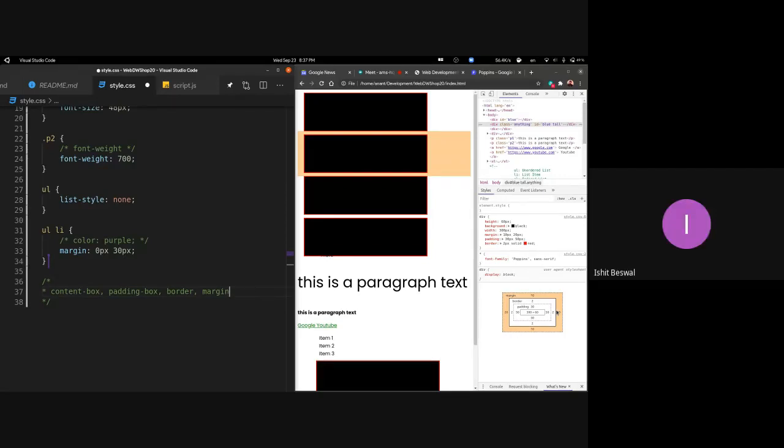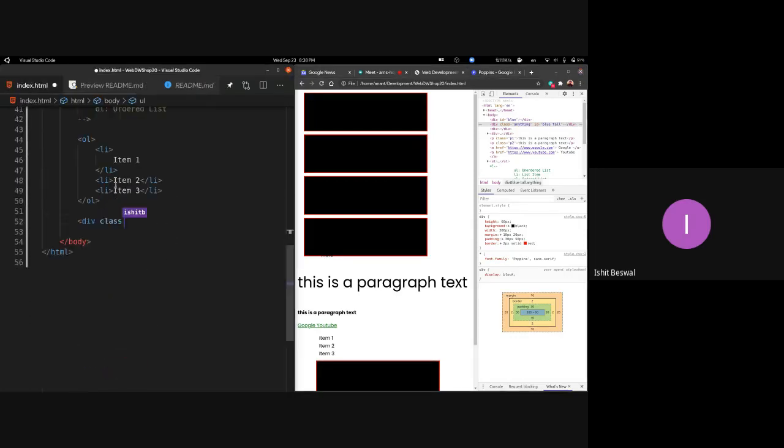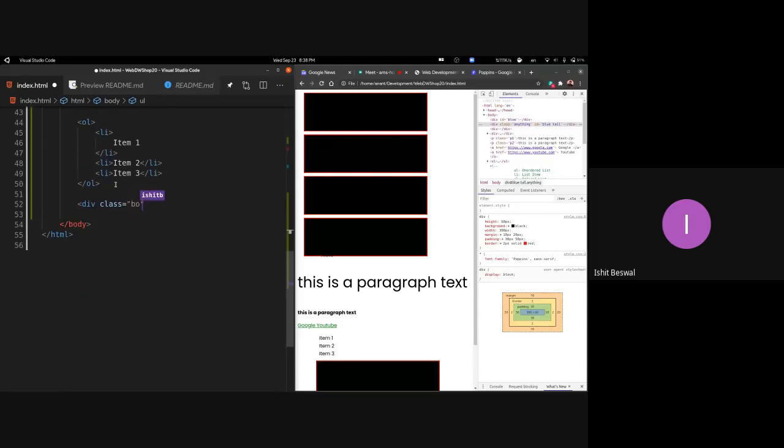Yeah, so there was one doubt, the difference between the padding and margin. So actually, what we can do is display that using one of the divs, right? Mm-hmm. So what I'm going to do is just place a div in the index.html with the class of, say, box model. Okay, you can keep implementing till then. So just explaining this till Ishit is writing the code.